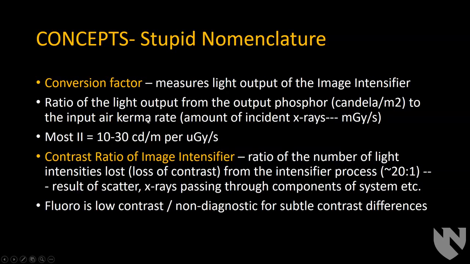So the number of X-rays hitting the tube relative to the light output of the output phosphor is your conversion factor. Most image intensifiers will have a certain number of candelas per meter squared relative to the number of micrograys per second. And so a higher number would be more efficient at converting